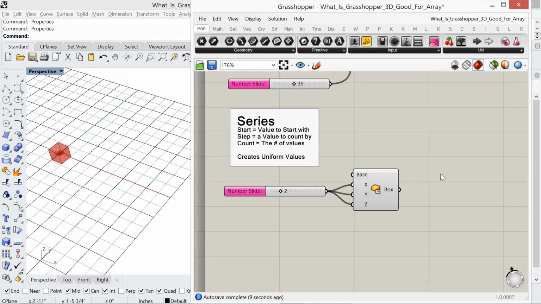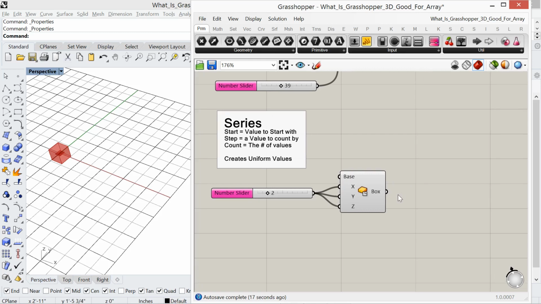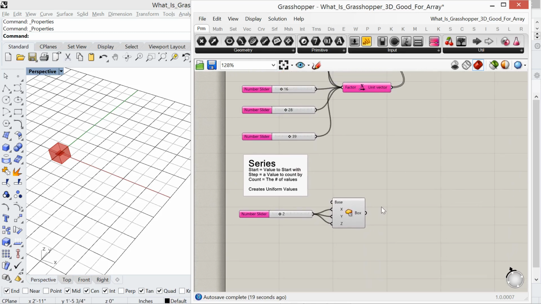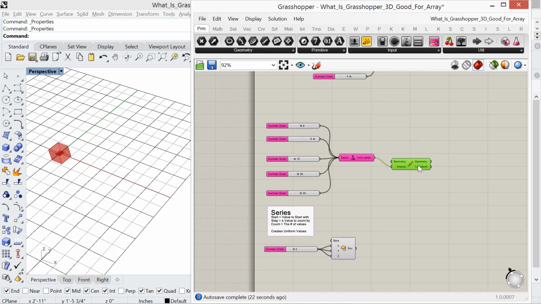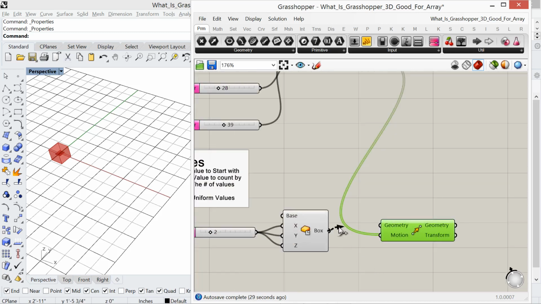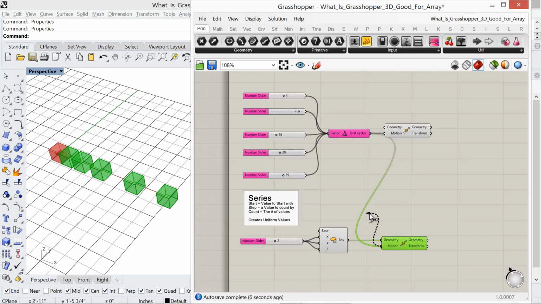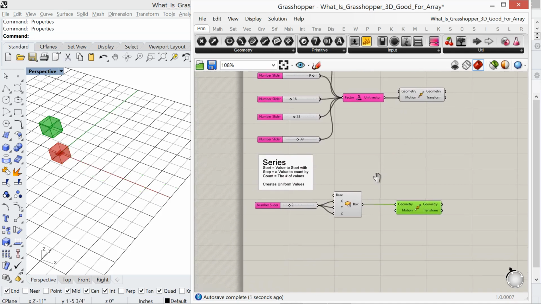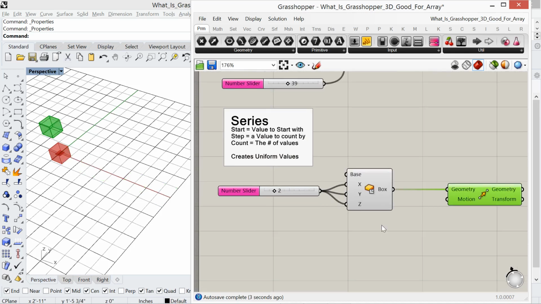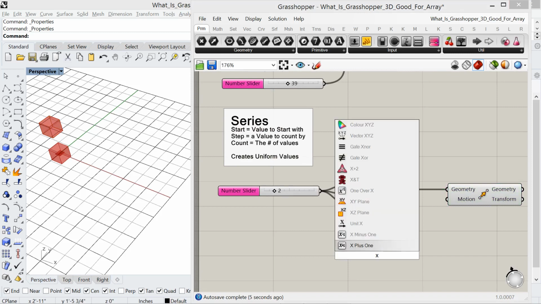Okay, so let's look at the array again, and then we'll move into extrude. I'm going to use the copy again. So I'm just going to copy and paste that. I'm going to plug that in. Okay, I'm going to unplug this motion. Okay, so we're going to do this in the X direction again,